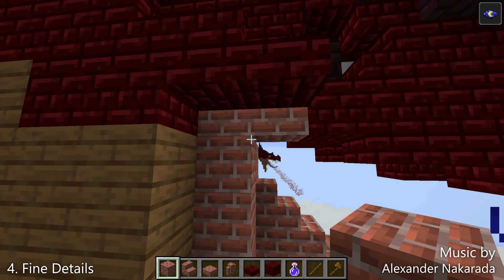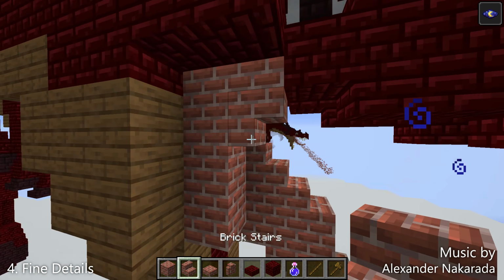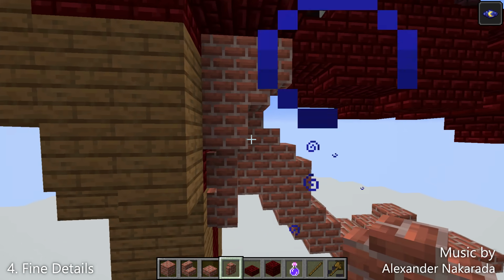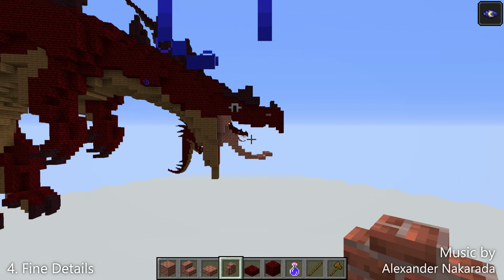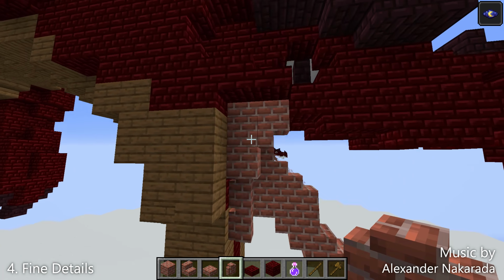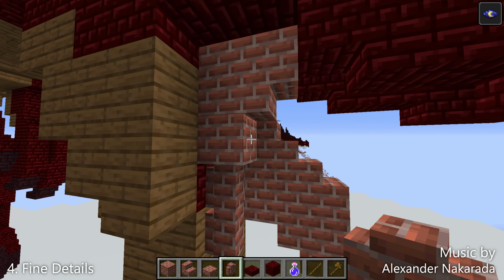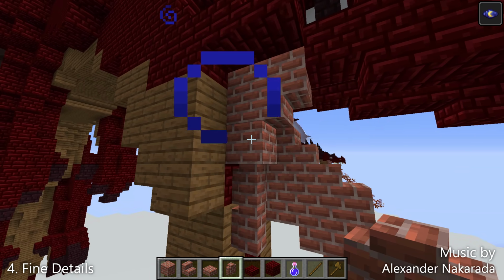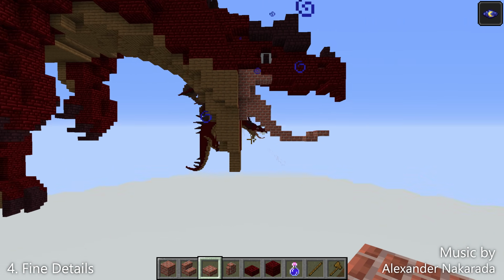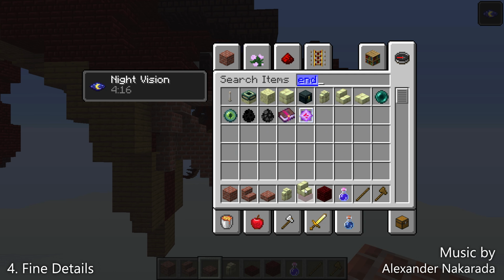If you look at a dinosaur. Well, we don't actually know what a dinosaur looks like in much detail. But if you look at a crocodile at least, or some other animal, you can see that it's got the upper jaw and the lower jaw, and between these two in the corner it has this region of, I wouldn't say gum actually, I'd say some kind of membrane again. But you can add that in, and then for the teeth, if you get some end stone stair or walls,